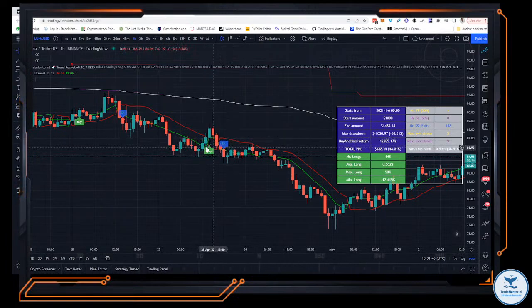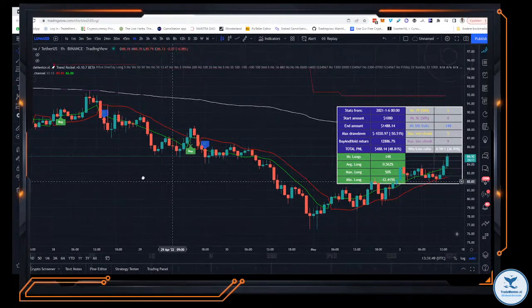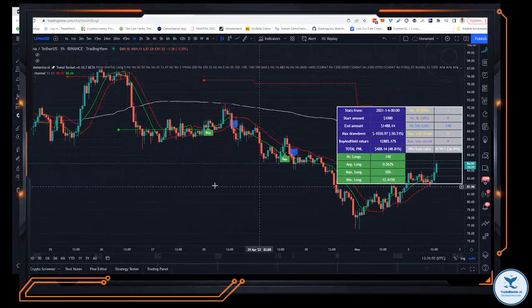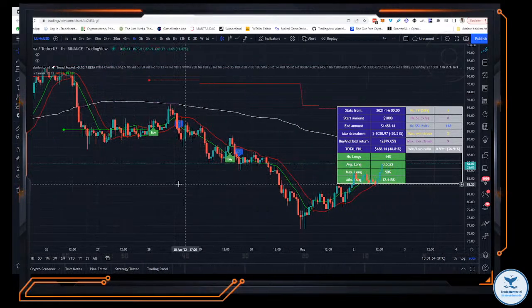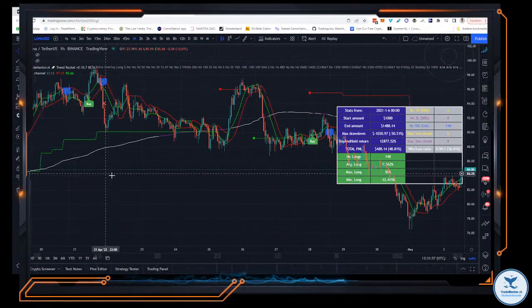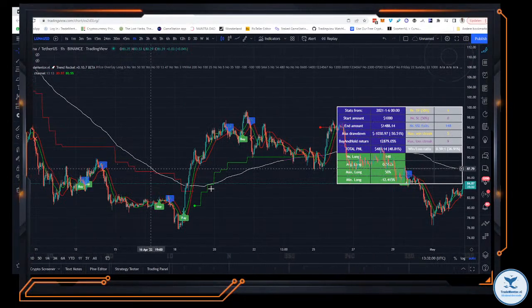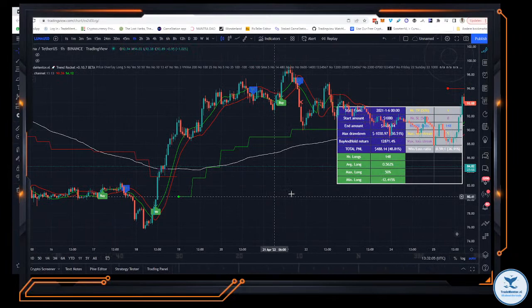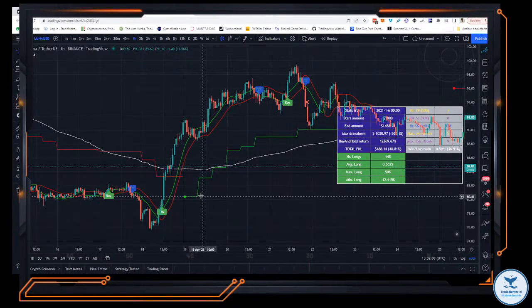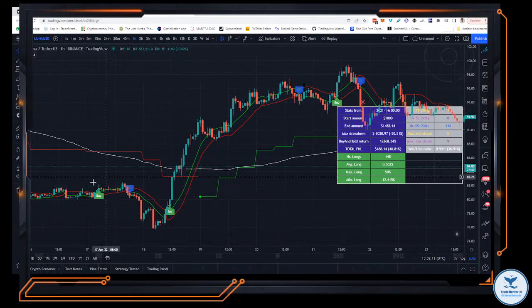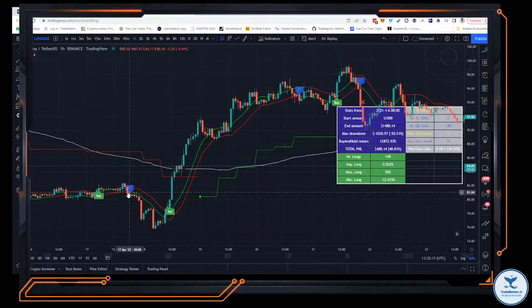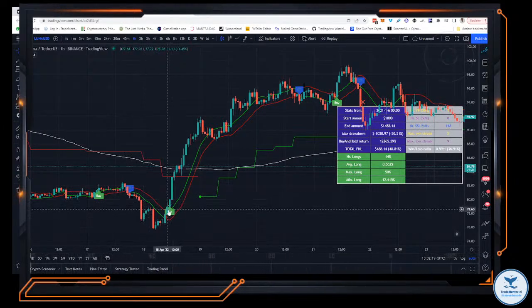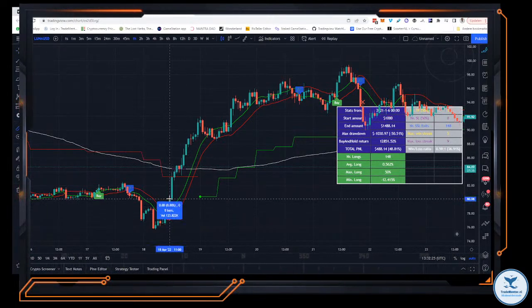So as you can see, this is in a loss, so that might not be what you want, because sometimes you just want to give it a bit of space to do its thing. And let's find a bullish period to have a better example. Perfect. Very nice example here. Like here we were in a long, but price was starting to go against us and the SSL channel took us out. In this case here we got a long, and by not using a fixed take profit, it rode